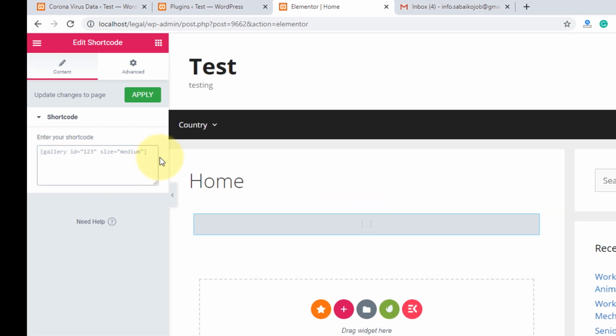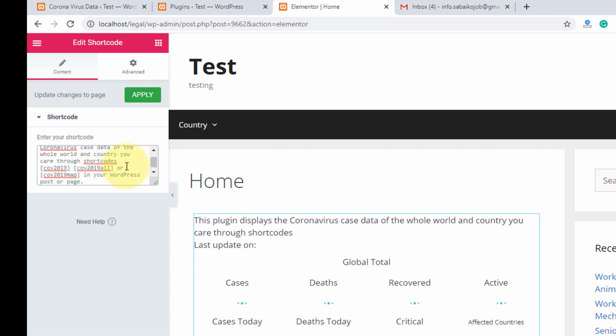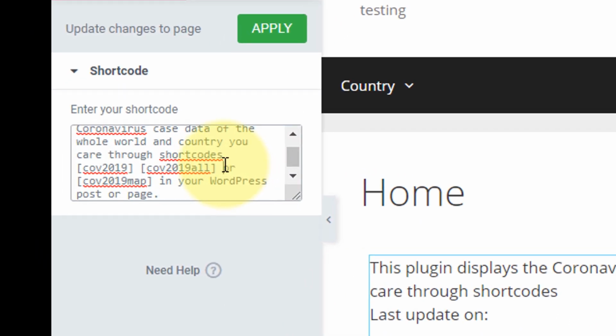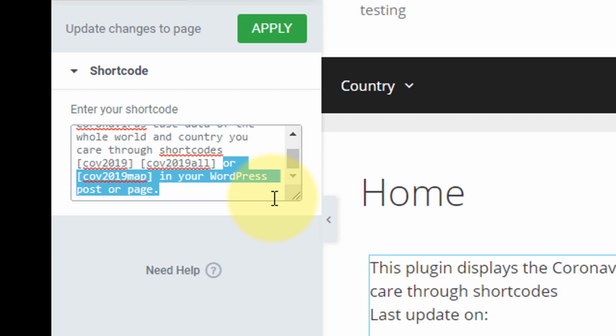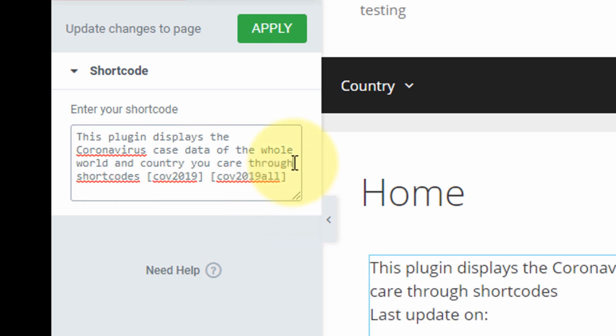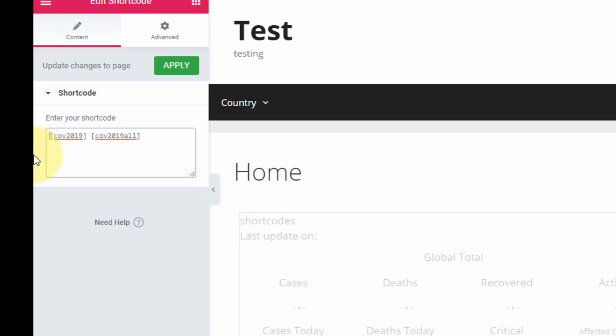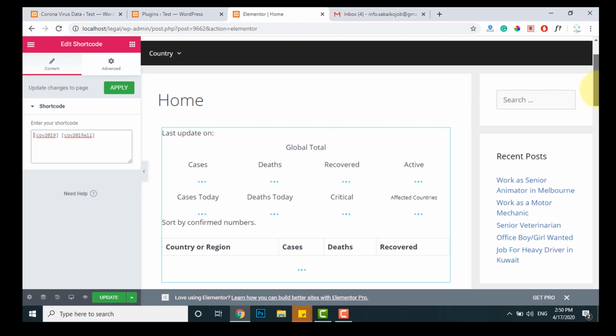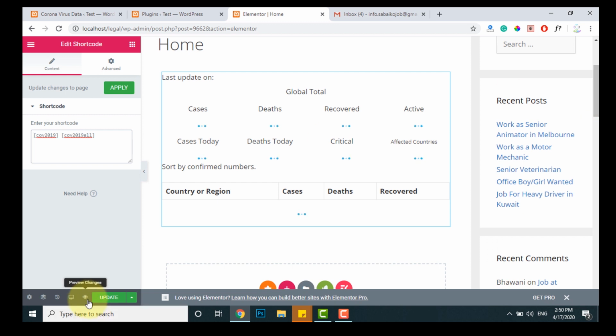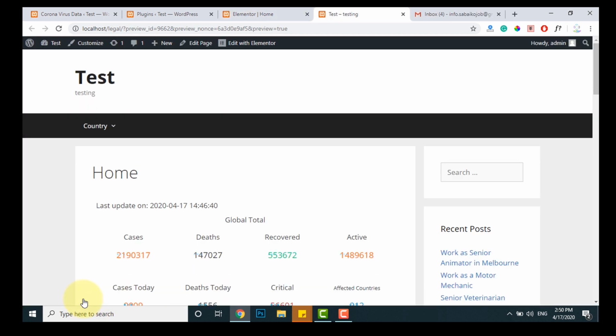You can do it by putting the short code. See, update. Let's view.